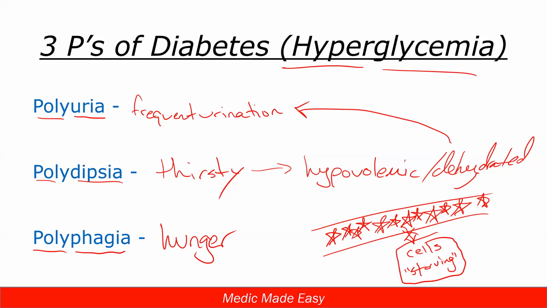Again, these 3 don't show up if their blood sugar is low, right? Because the kidneys aren't trying to pee off extra sugar if our blood sugar is too low. So these only show up when the sugar is too high in that bloodstream. Right? So very important that you be able to recognize if they don't use the 3 P words, but they say your patient has been complaining of frequent hunger and frequent urination, and they've been very thirsty, right? You should piece apart that that's my polyuria, my polydipsia, my polyphagia, their blood sugar is high.